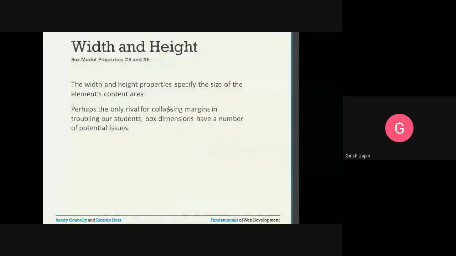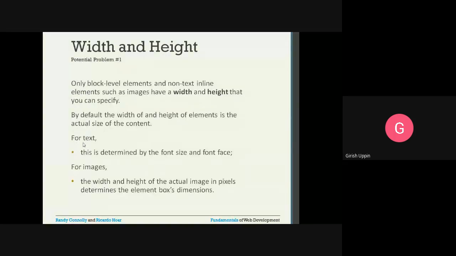Perhaps the only rival for collapsing margins in troubling our students, box dimensions have a number of potential issues. How the collapsing happens for the margins might be a little confusing, and especially when we are trying to find the actual width and the actual height, we have to take all these aspects into consideration: the border, the padding, and the margin.